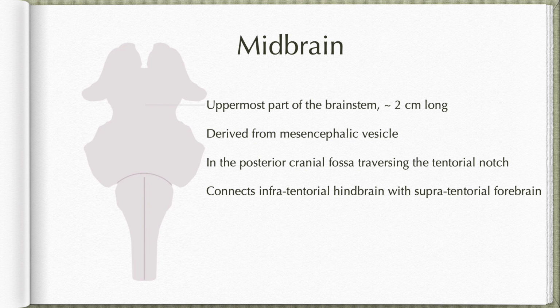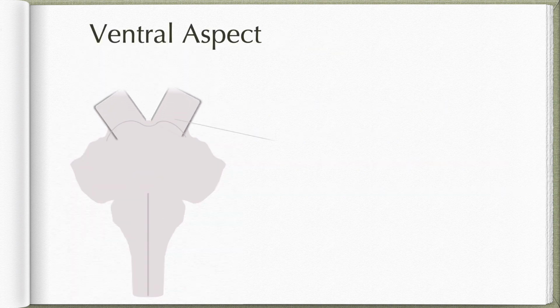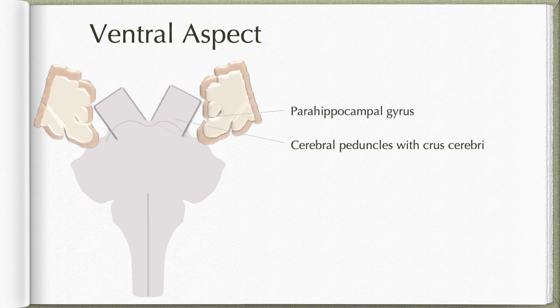Let us study the external features of the midbrain as seen from the ventral aspect, dorsal aspect and the lateral aspects. On the ventral aspect, we see a pair of cerebral peduncles. The crus cerebri forms the anteriormost part of these cerebral peduncles. The cerebral peduncles are related laterally to the parahippocampal gyrus, which is a part of the temporal lobe of the